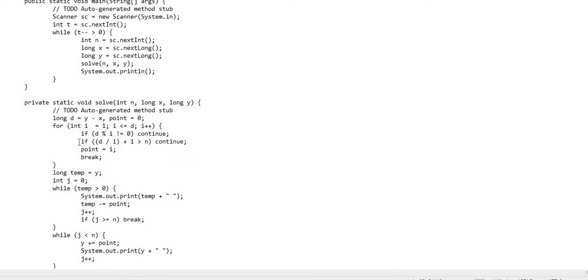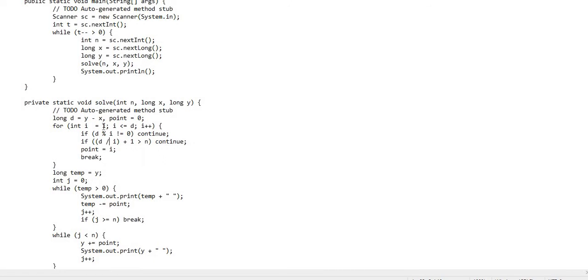Now it comes over here. If I take 48 by 1, it gives me 48, plus 1 is 49, but 49 is greater than n, that is 2. So in this case I cannot pick up that value, because if it is greater than the size of the array, then it should not be considered, because it will not give us the equilibrium equation for the adjacent values. So this way it will keep on